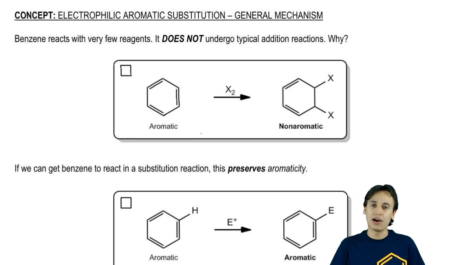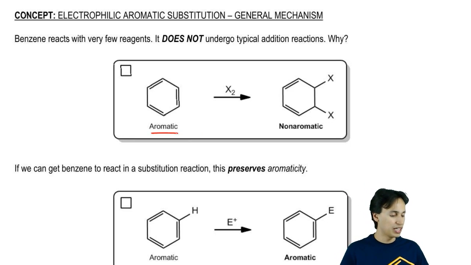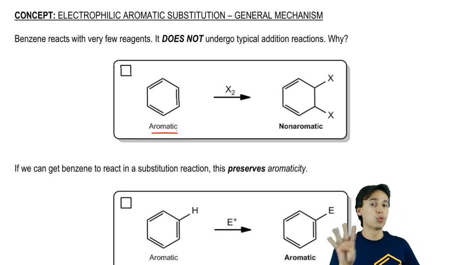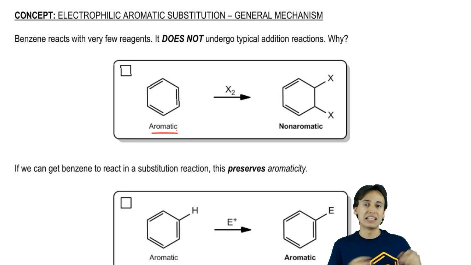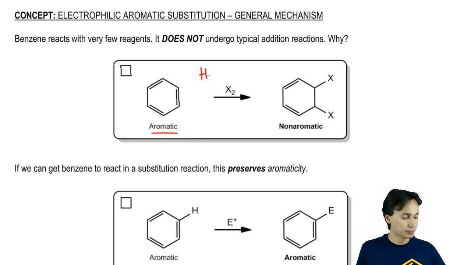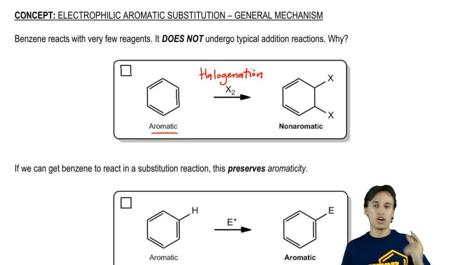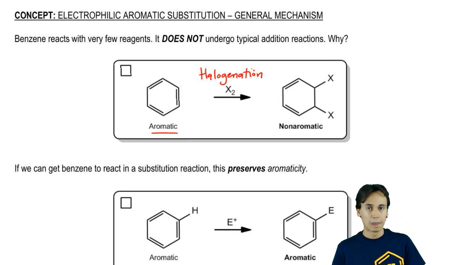We've already learned how to test for aromaticity, and we know that if any of those 4 tests of aromaticity are broken, the molecule will become less stable. So let's look back at a reaction that we learned a long time ago and see how that would apply to benzene. Like, for example, halogenation. Halogenation was a reaction that took a diatomic halogen and added it across a double bond, and you would wind up getting a dihalide as a product.